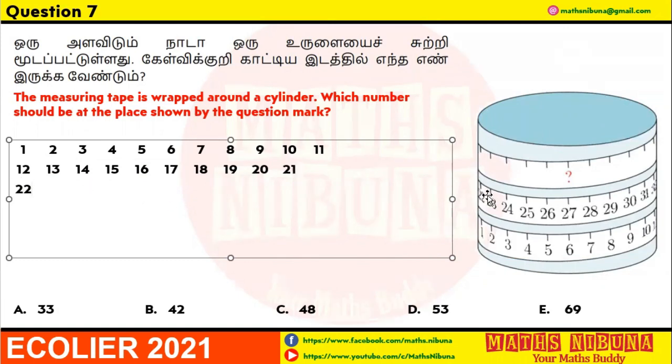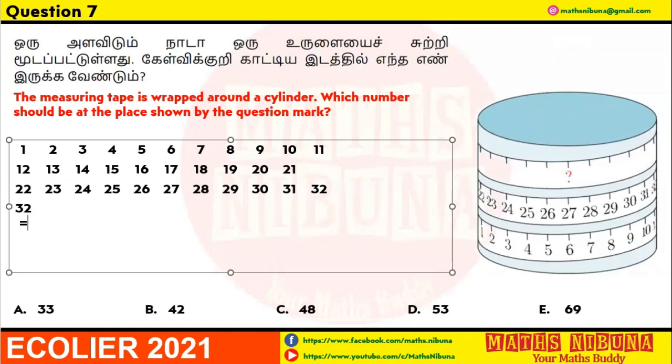This is 22. Can I write back 22, 23, 24, 25, 26, 27, 28, 29, 30, 31, 32. It ends at 32. We cannot see it probably, but it is 32. Now at the back, it will start again. It is finished at 32 here, so this back line, the fourth row, starts from